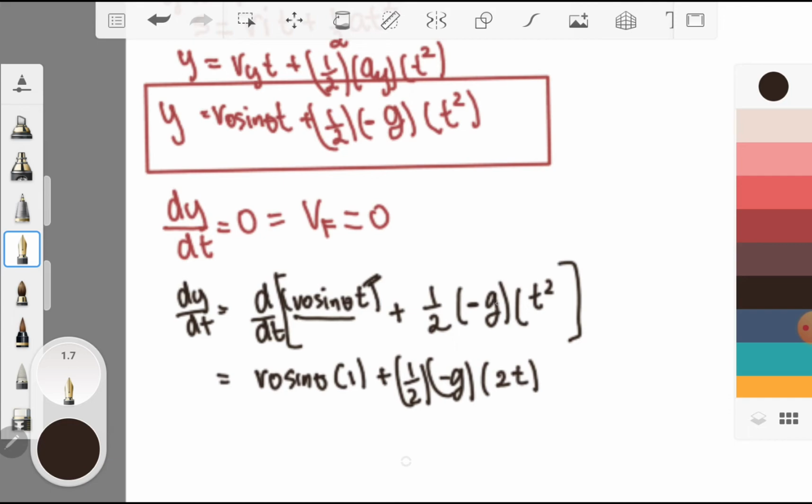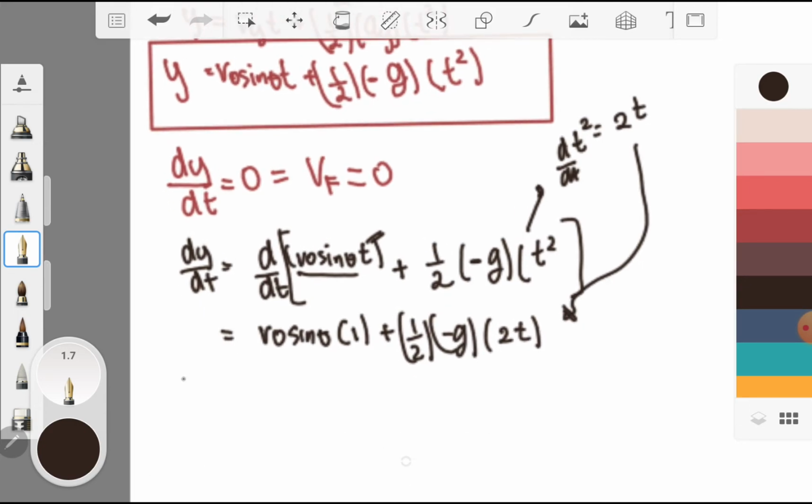Take note that g is considered a constant in this equation, so we consider it a constant there. Okay? So, from the derivative of t squared, which is equal to 2t, we'll have dy over dt or your y prime or your vf,